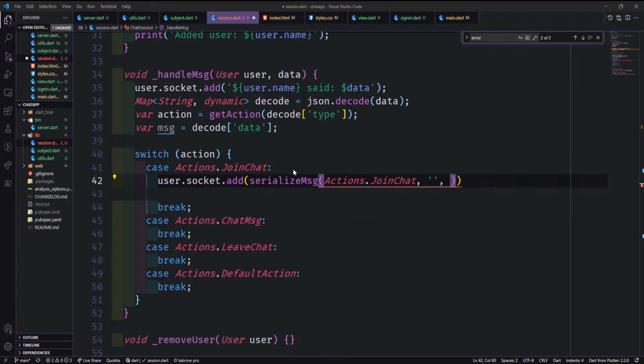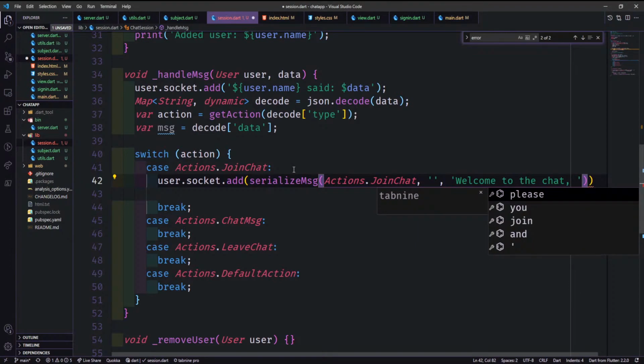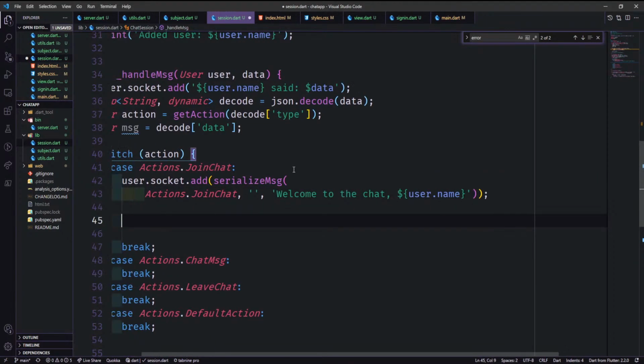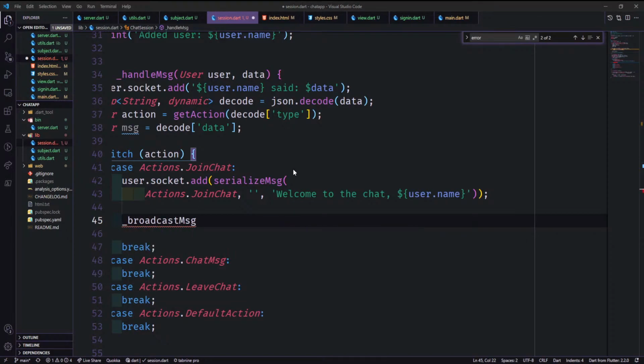Have an empty string here, and then we'll have "welcome to the chat" followed by the user.name. So this is what the user will see when they come in. It'll just say welcome to the chat, and then from the other side, from everybody else, we'll call broadcast message,